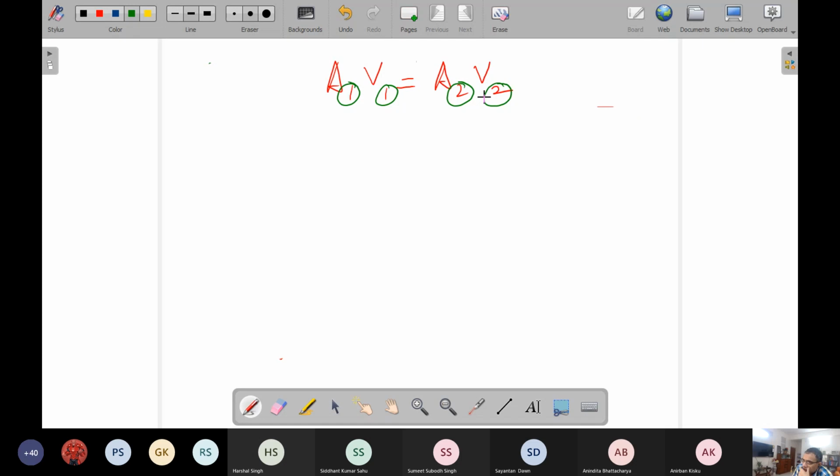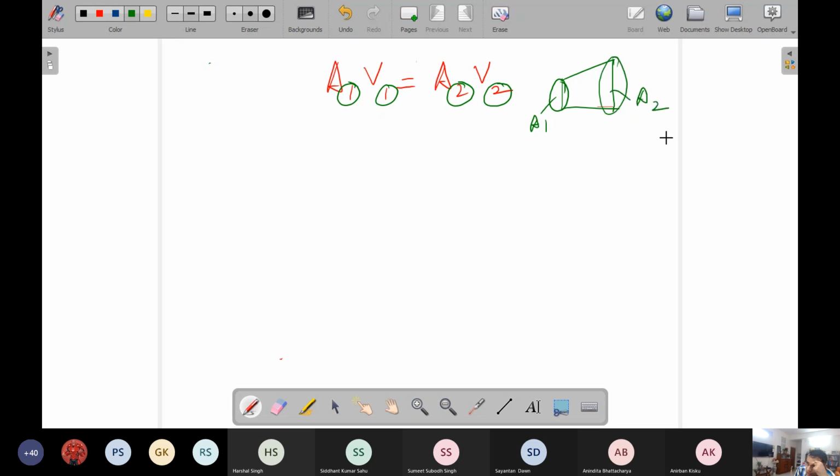But ironically, you see that there is nothing called area at 1, right? Area of the point 1 rather, and the point has no area. So whenever you are saying A1 and A2, actually you are not meaning point 1 and 2. You are meaning area A1 and area A2.